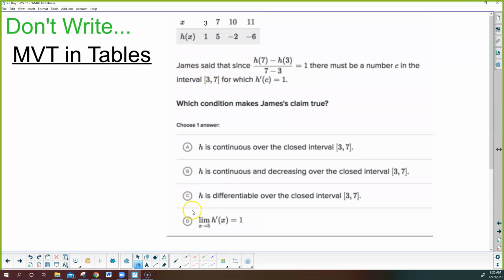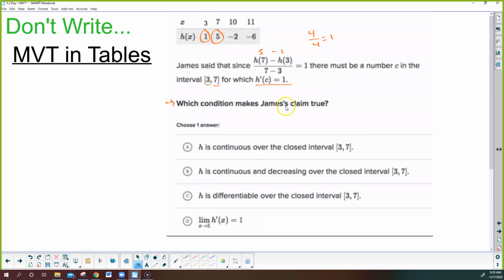So let's look at this, and I'm going to have you choose your answer, A through D. But James said that h of 7 minus h of 3, so here's h of 7 is 5, h of 3 is 1, has to equal 1, then there must be an interval from 3 to 7 for which the derivative at c is equal to 1. All right, so if I checked this, and I just put 5 minus 1, well, let's check. 5 minus 1 is 4, 7 minus 3 is 4, and that equals 1. So James said that